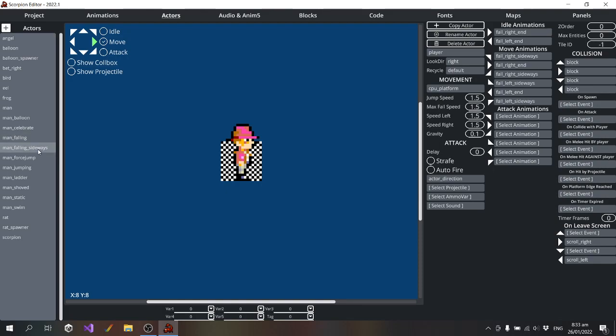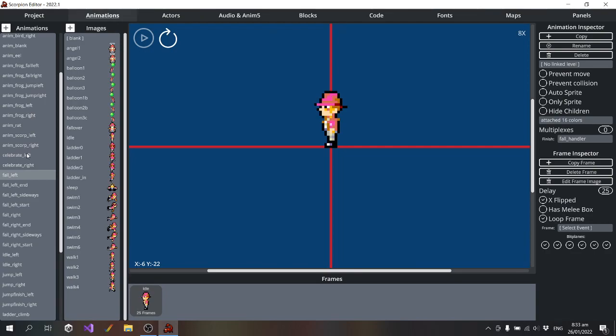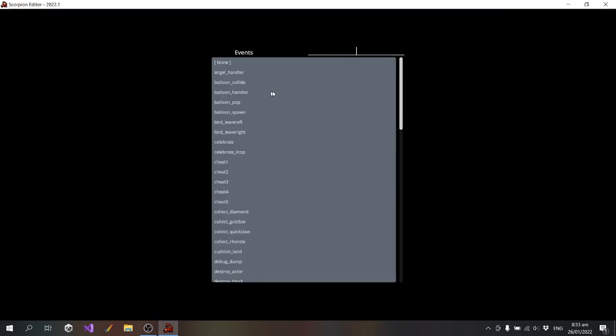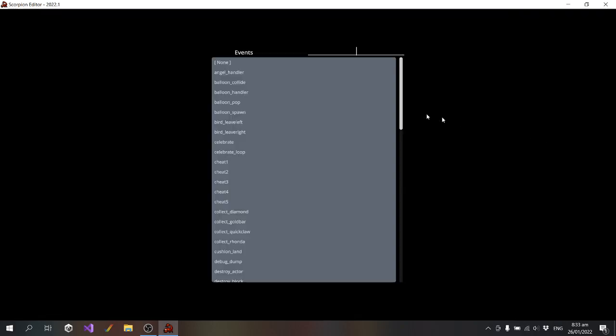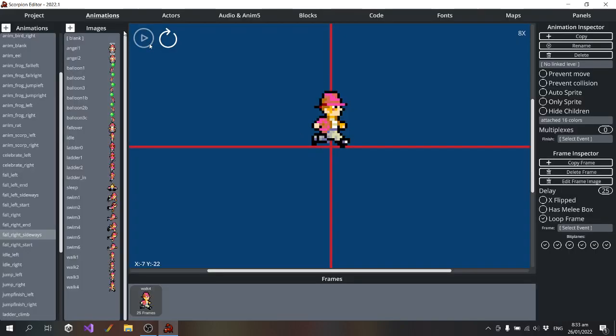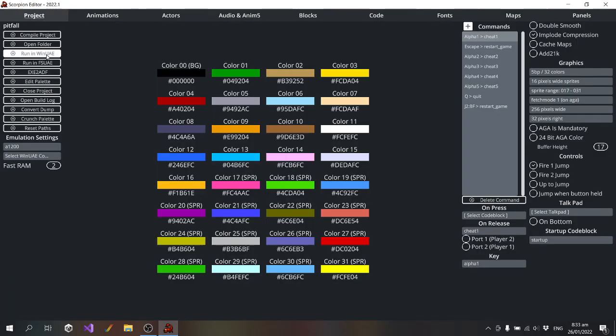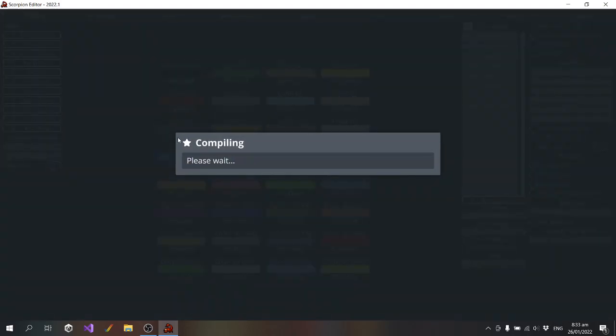Alright, sideways. Okay, so I'll just fix this bug, which let the player turn around when they were jumping off a ledge or moving.